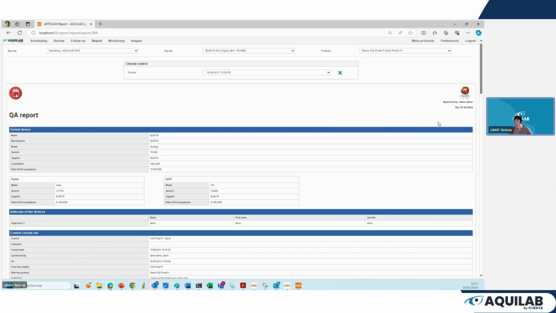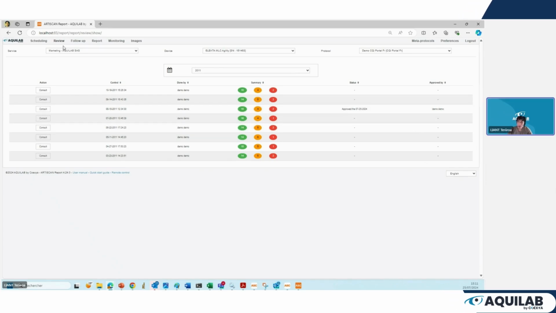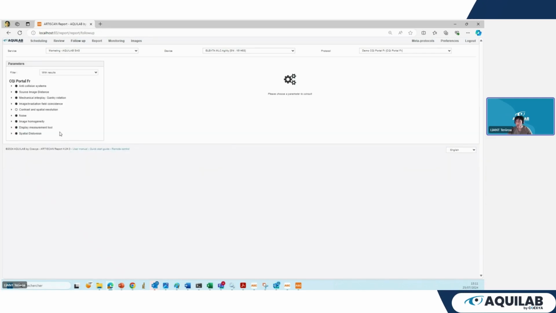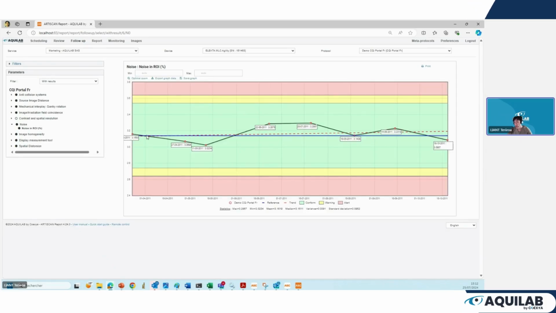Also on the review, I can see who did the approval. Sometimes I would also like to check the trend. So I select which one I would like to see the results of over time, and then I can see how my results are fluctuating.